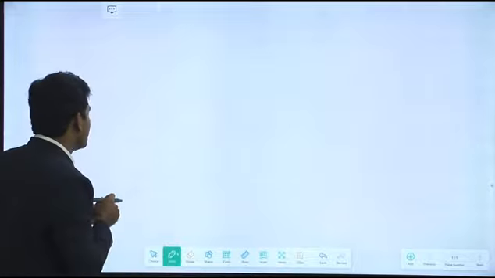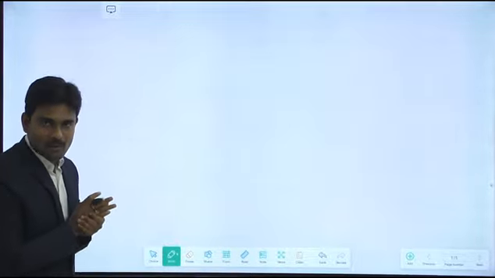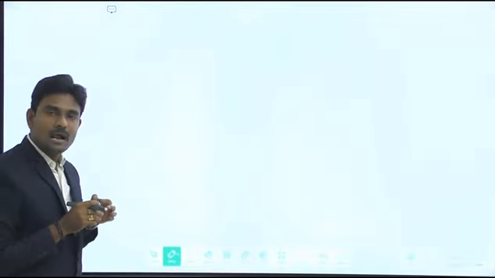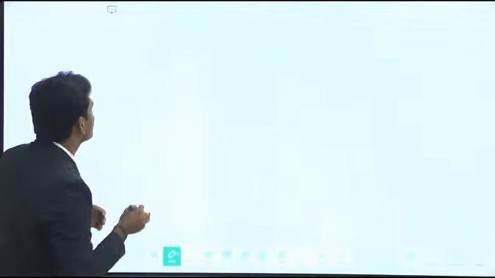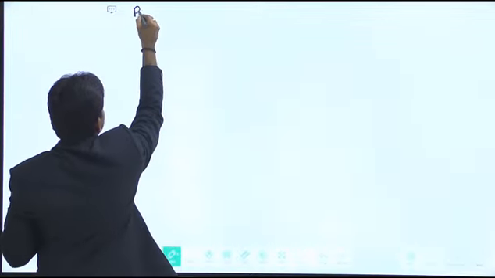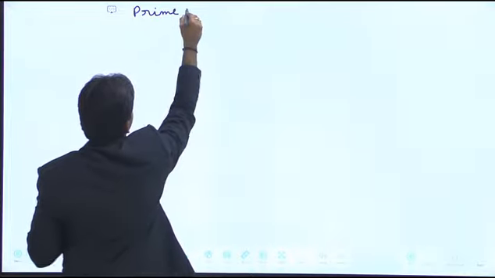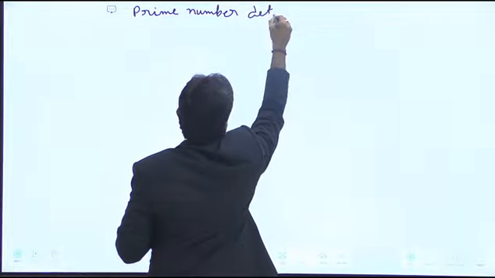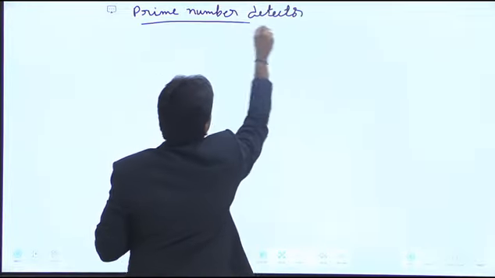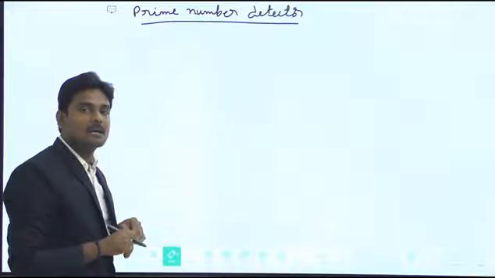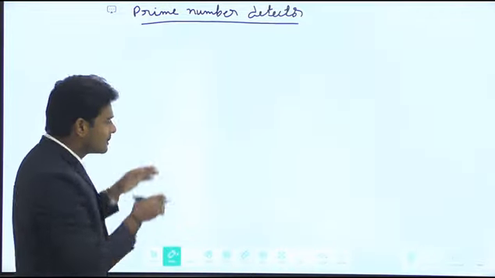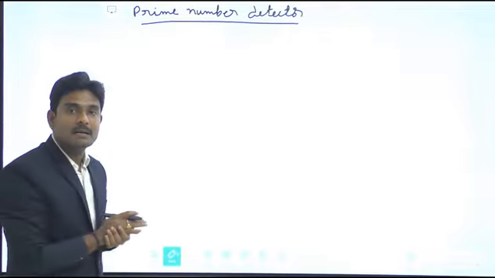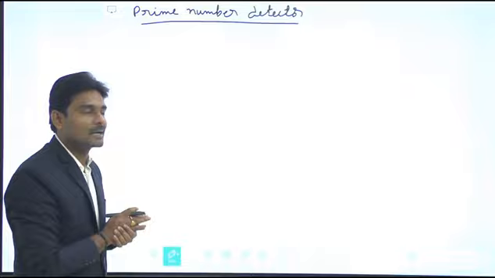So let me start writing that program. First, by default, we are supposed to include the library and the package. Here also we are considering the prime number detector, in data flow description style using the conditional concurrent signal assignment statement, starting from the first level. From the inverter level itself I am going to describe the functionality of that circuit.